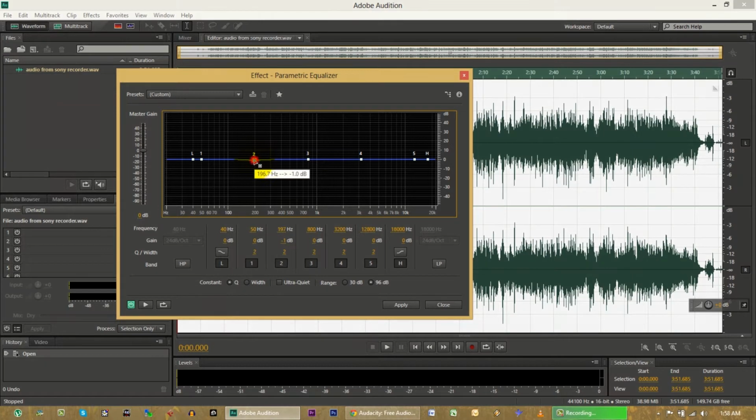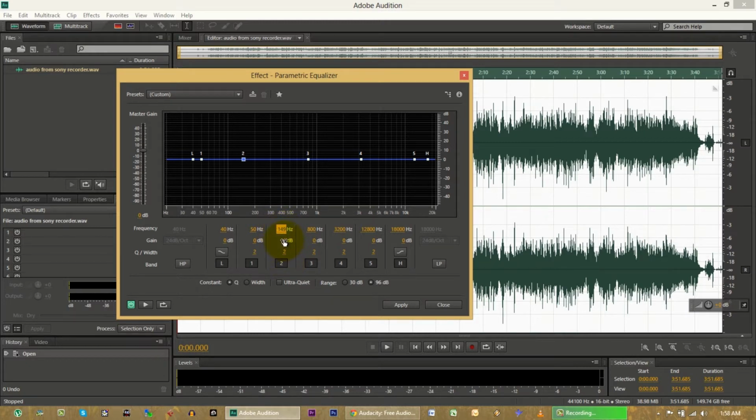And with each point, you can set three things differently. First of all, you can set the frequency. So looking at point 2 here, we're at 199 hertz now. You can move that to the left and right. So you can see I'm moving my point to different areas.